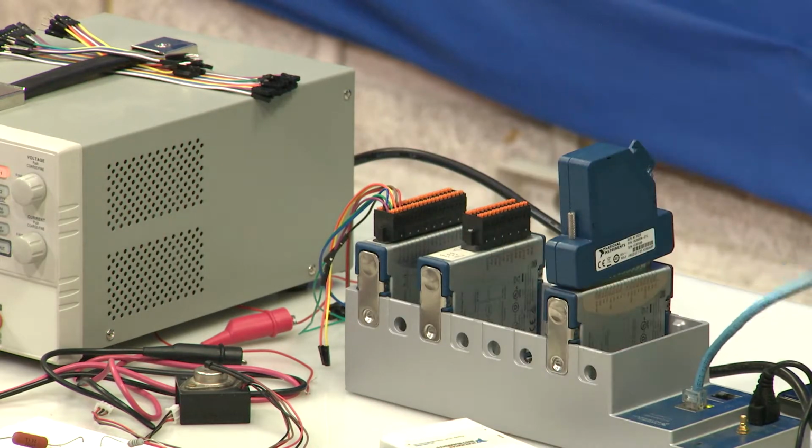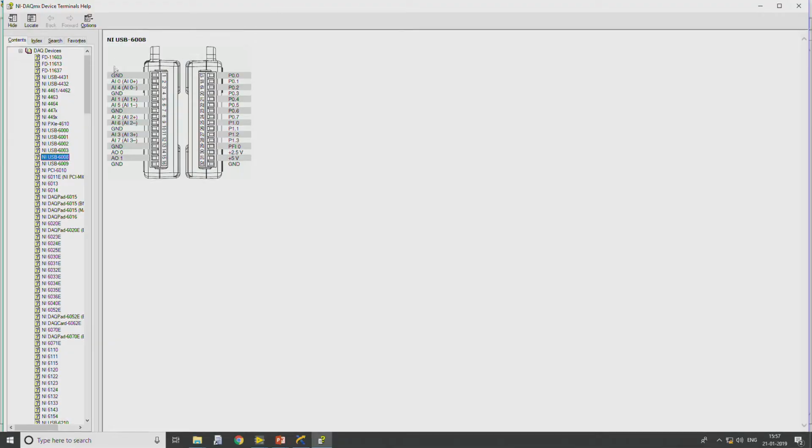Now, looking at the pinout of this device, the first terminal is ground, and it contains a total of 8 analog channels. Out of 8, 4 channels can be used as differential input, or they can be used as single-ended input.